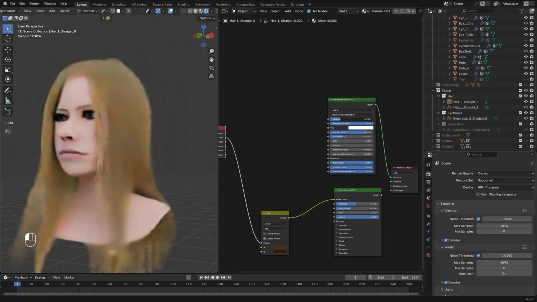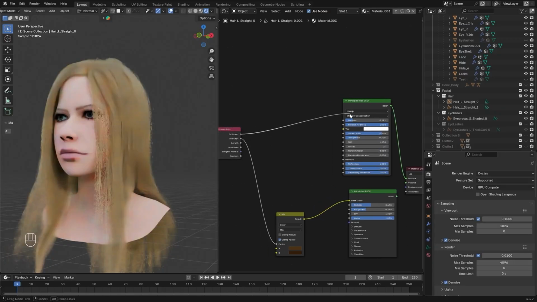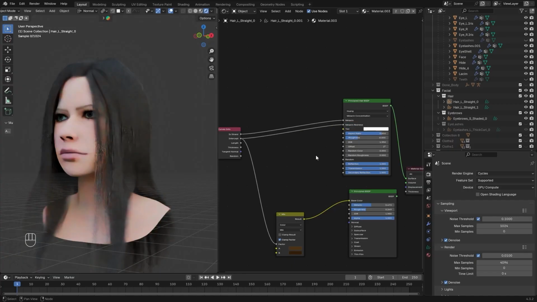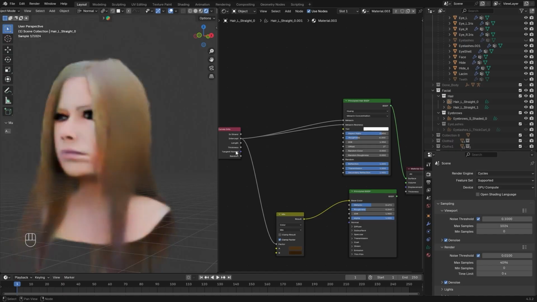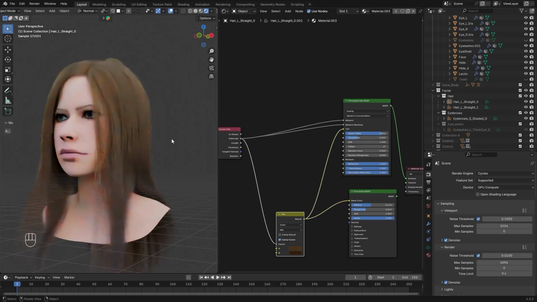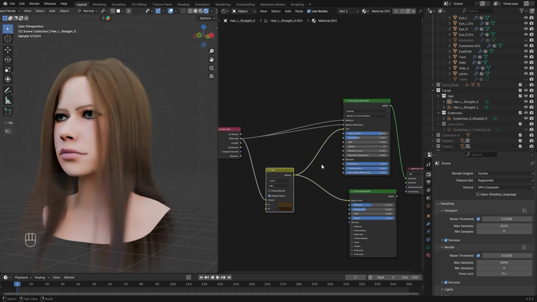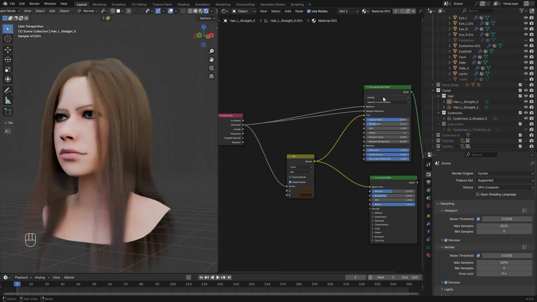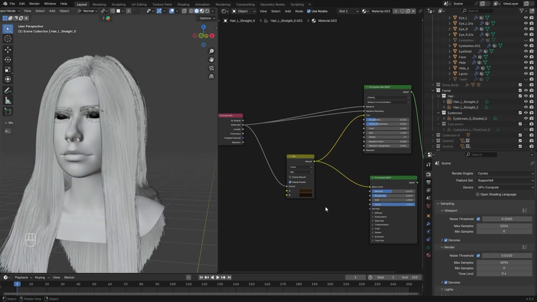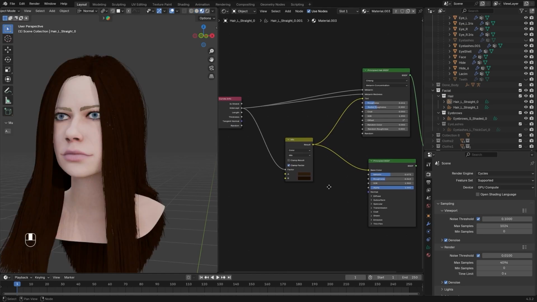The melanin is self-explanatory, so if it has a low melanin, we are going to get a blonde or a full white hair. If it's on 1, it's full black. Redness, again, self-explanatory, but we can do some interesting stuff like this one here. And tint it up like so. The melanin version has 2 separate versions as well. This Huang one is much more accurate, but this one is good as well. I'm going to show you a bit more in a second, but we need to keep an eye on the